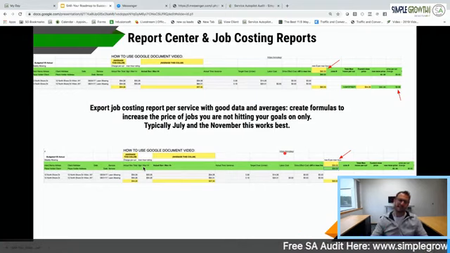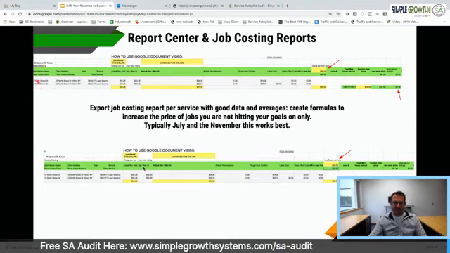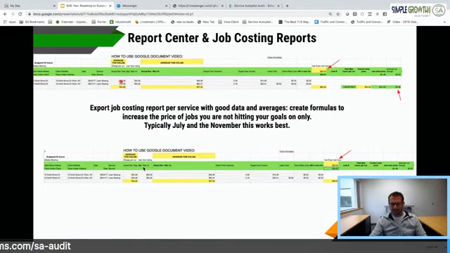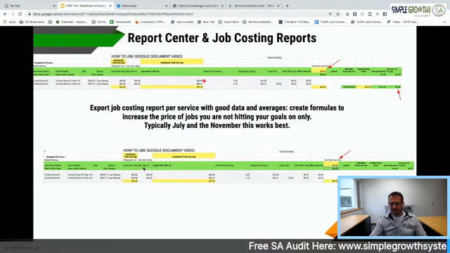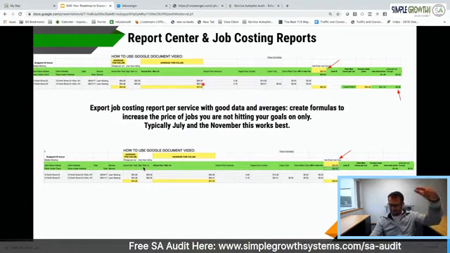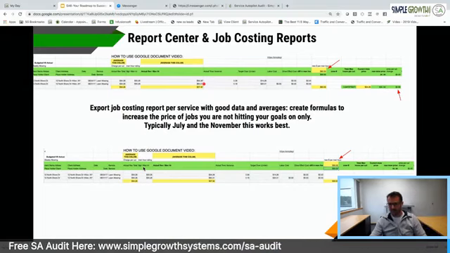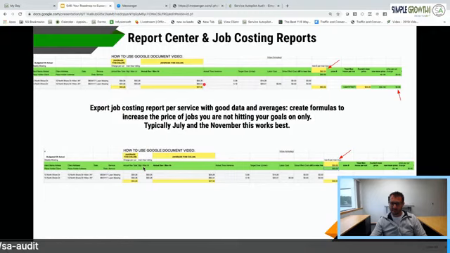So what we're going to recommend is running a job costing report through the report center. And what we have here is name, address, and the date, and the price per visit. So we've got an average of $54 per cut. And the two stops that we were here, obviously you'd have a whole year's worth of data or half a year's worth of data, but on average you made $54 per man hour or $60 per man hour. And on average it came out to